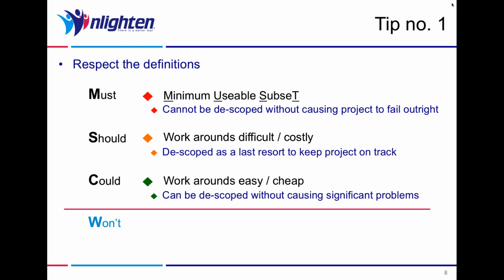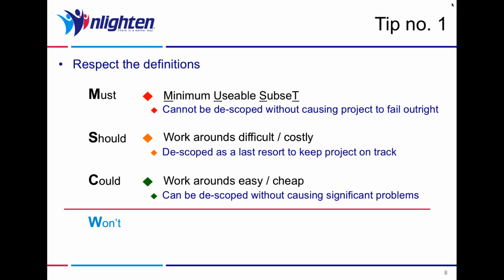And clearly, if we have too many requirements that are worked around, and that overall workaround or set of workarounds is too difficult or too costly, it may well cause the project to be a failure as well. But we're not talking about a single requirement causing the project to fail. We're talking about the failure to meet a number of requirements as being what might cause the project to fail in this instance. So we look to descope the should-have requirements as a last resort to keep the project on